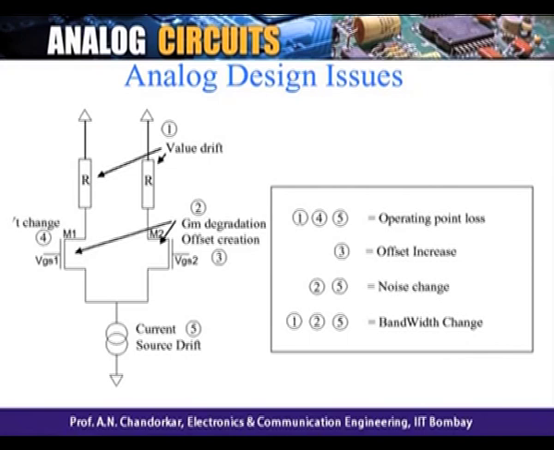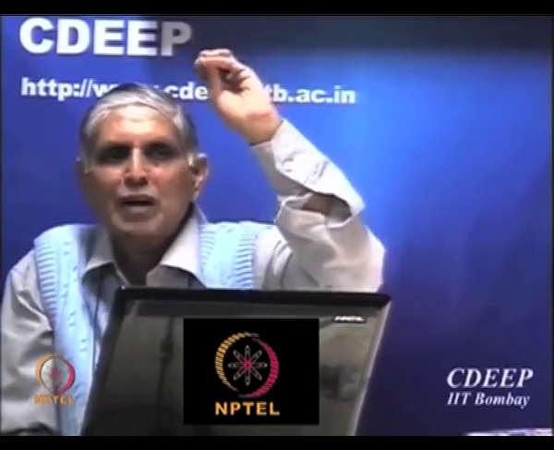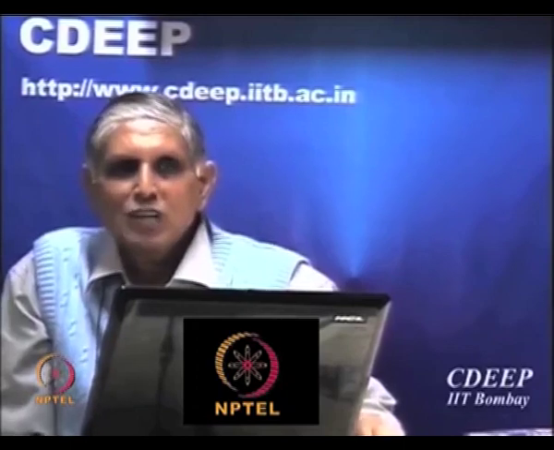Now I will see, can we beat this word normal? Otherwise what will happen? I increase the bandwidth, I lose the gain; I increase the gain, I lose the bandwidth. So can I beat this system? I will say, I have not lost the bandwidth, but I have boosted gain. If I have done that, I have beaten this so-called technological constraint. Every technology says this is the maximum gain bandwidth possible. But we will say, technology is technology, we are circuit people, we will do better. I'll show you how I do it, and at what cost.